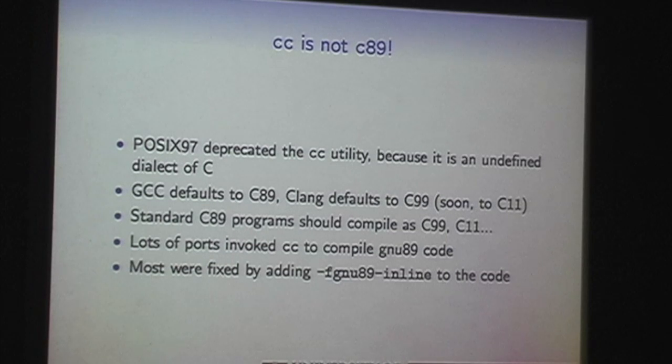Turns out if you call cc when it's GCC, it's the GNU89 dialect. And that's a problem because C99 and C11 were very carefully designed so that any valid C89 program is also a valid C99 program, and every C99 program is also a valid C11 program.